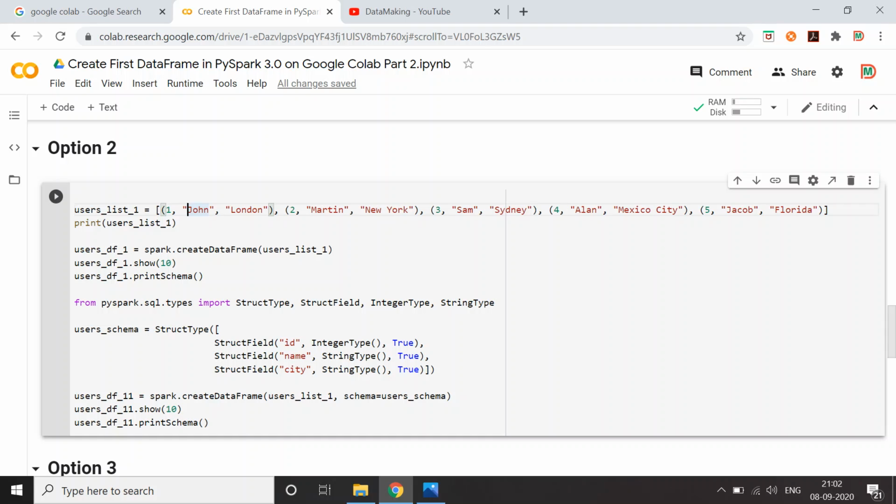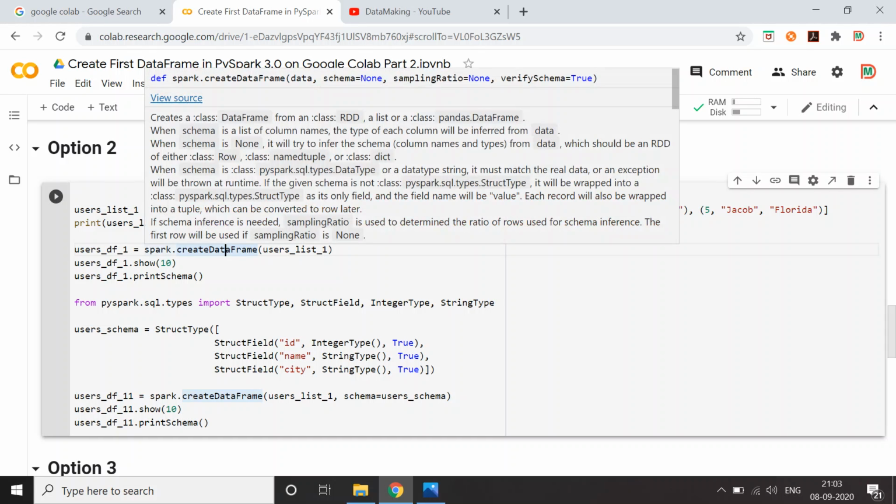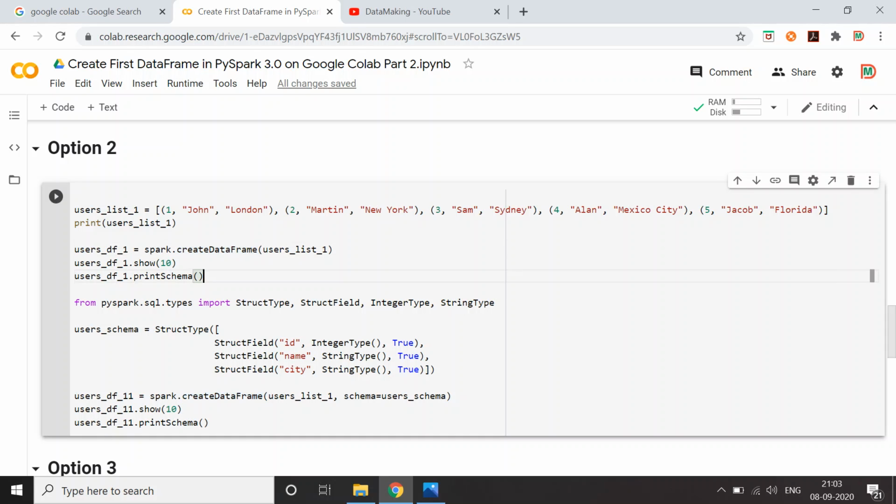With a list of tuples, you don't actually need to create an RDD; you can directly provide the Python tuples to createDataFrame. In the previous example, we had an RDD, converted the string into tuples, and provided that to create the data frame. But if you already have a Python list containing tuples, you can directly provide it to createDataFrame. Then it will create it without a schema. In this example, we create without a schema. If you want to provide a schema, you pass the Python object list, comma, the schema. This will also give the same result.